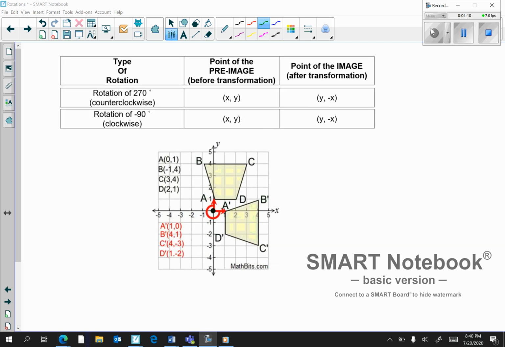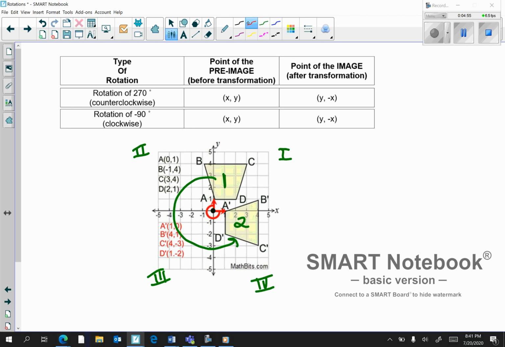Next, I have a rotation of 270 degrees. Again, I'm going to label all my quadrants. My image and my pre-image. So my pre-image is first, A, B, C, D, and then my image of A prime, B prime, C prime, D prime. I'm going from quadrant 1 to quadrant 4, which means I have gone 3 different quadrants. Therefore I rotated 270 degrees counterclockwise, which is the same as rotating negative 90 degrees